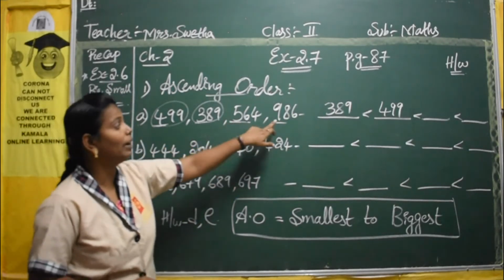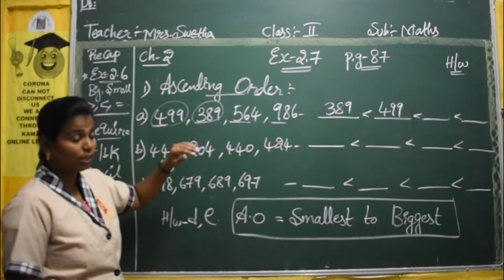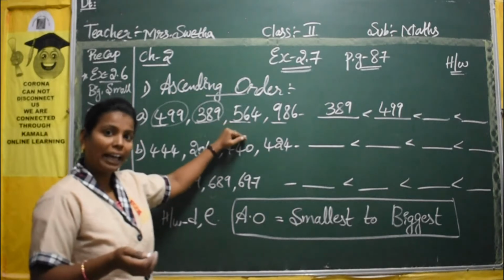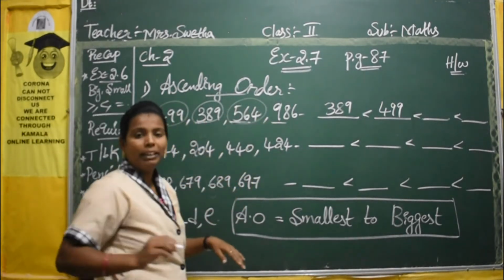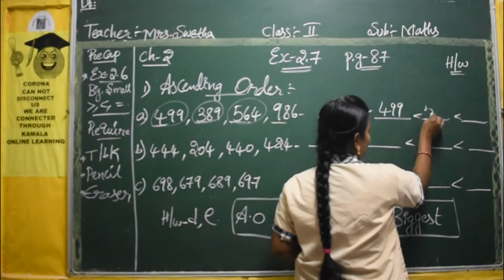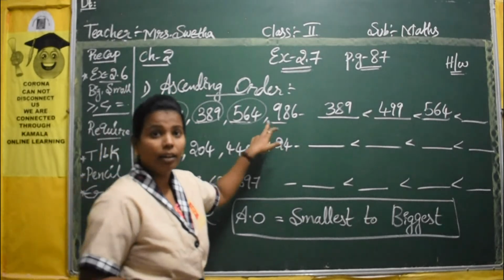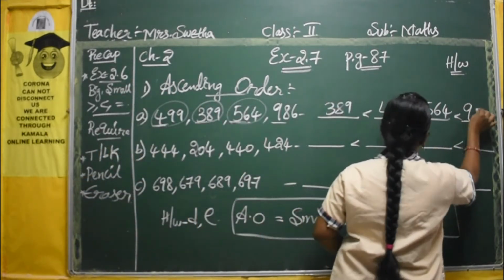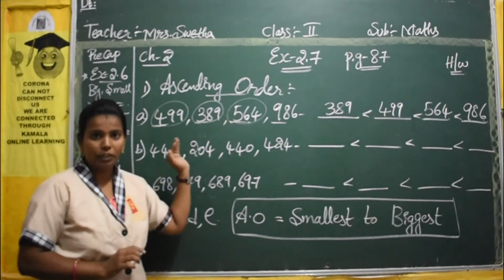One is 5 and one is 9. I think you have identified which is the smallest one. Yes, 5. This 5 is the smallest number, no? So this complete set will become the smallest number. So it is 564. Next you see 9, the left out number is 9. So this one completely we have completed. The first one we have completed.